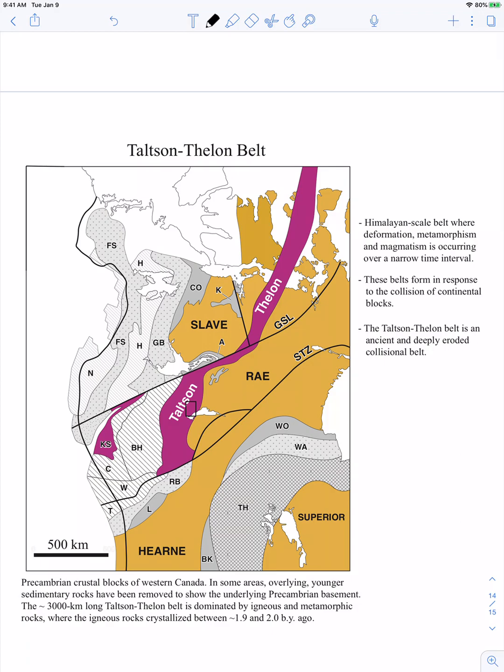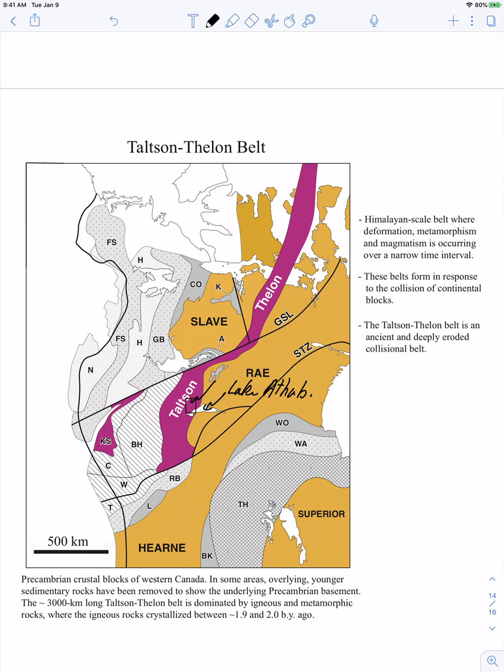Okay, so to get you located on this map, this body of water here is Lake Athabasca, which we talked about. And this rectangle here is the area where the Precambrian rocks are in northeastern Alberta. And what I want you to notice is that Pelican Rapids and the rest of the Precambrian rocks in northeastern Alberta are part of this much larger belt known as the Taltson-Thelon Belt, which extends from here in central Alberta, where it's buried underneath younger sedimentary rocks, and extends northward for about 3,000 kilometers all the way up into